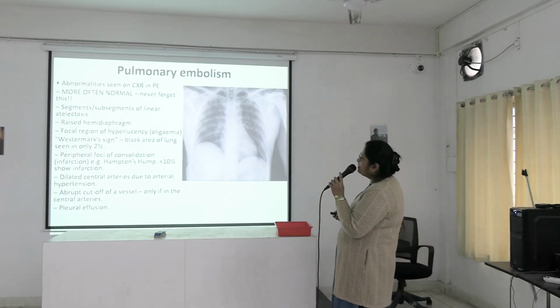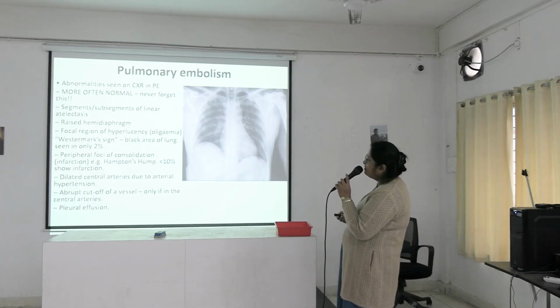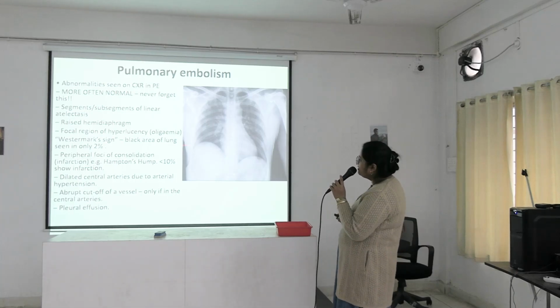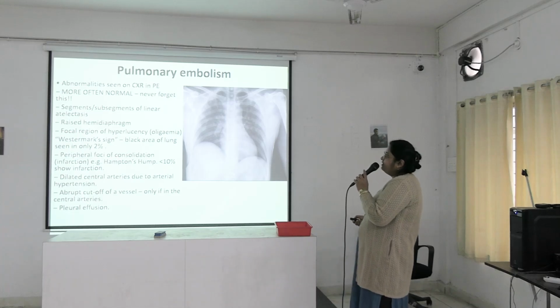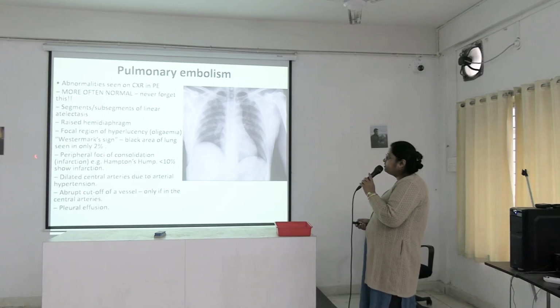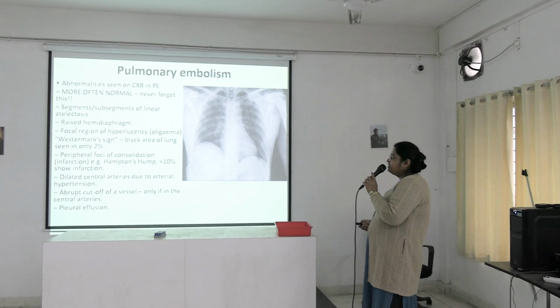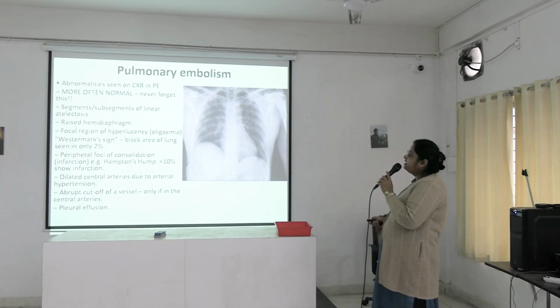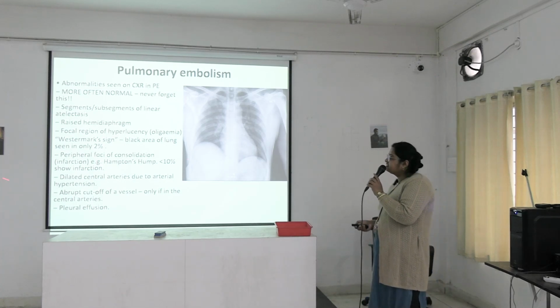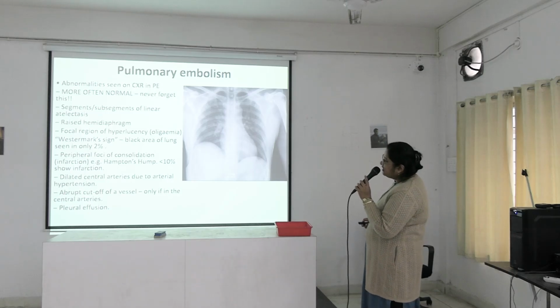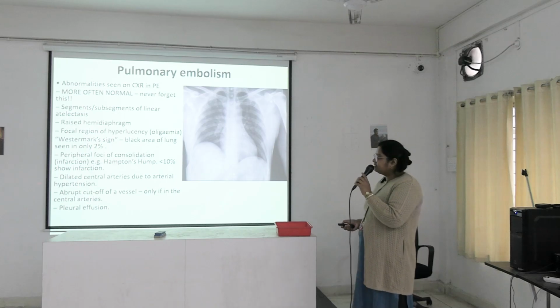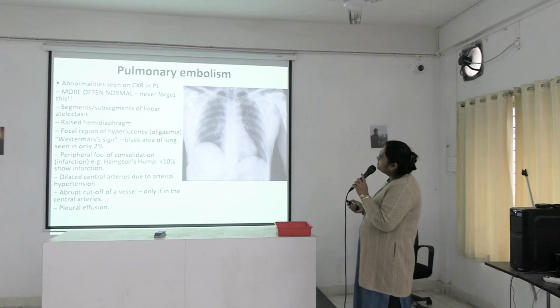There is a focal region of hyperlucency, oligemia, Westermark sign, black area of lung, seen only in 2%, and peripheral foci of consolidation or infarction, that is known as Hampton's hump, in less than 10%, and dilated central arteries due to arterial hypertension, and abrupt cutoff of a vessel only in the central arteries,